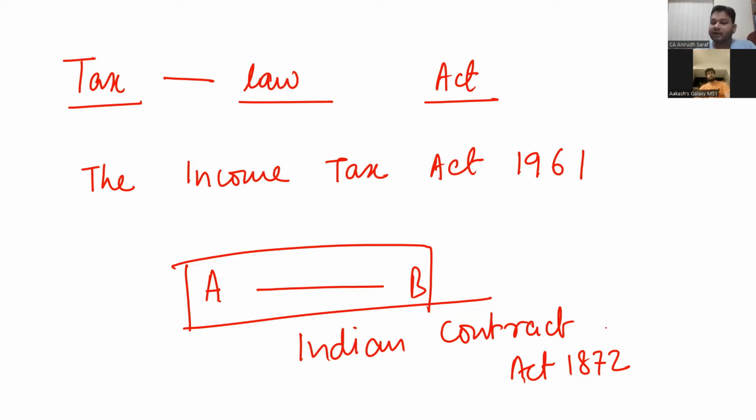It is not a contract between two people. It is a set of rules given by the government, by the parliament. You understand, right? All the laws in the country are made by the parliament, the national level laws, and all the state related laws are made by the legislative assemblies of the state, right? So similarly, tax laws are also created either by the parliament in Delhi or by the various legislative assemblies of the state. It's a law, it's not a contract.